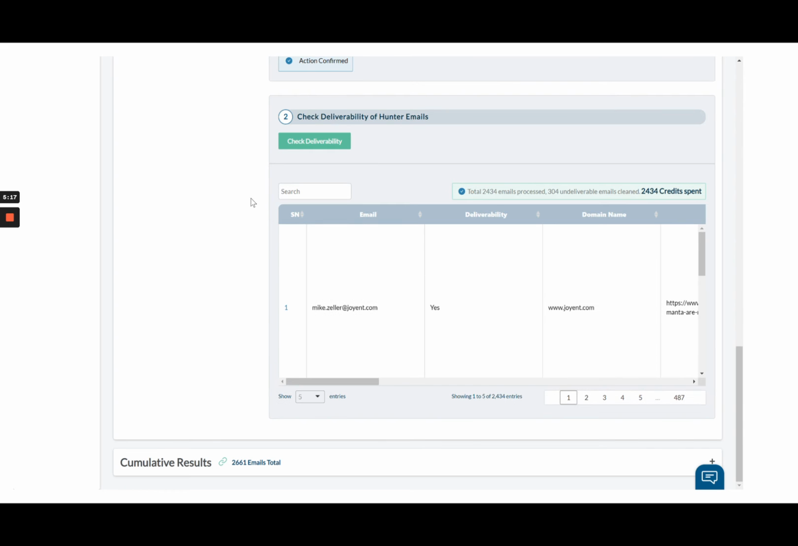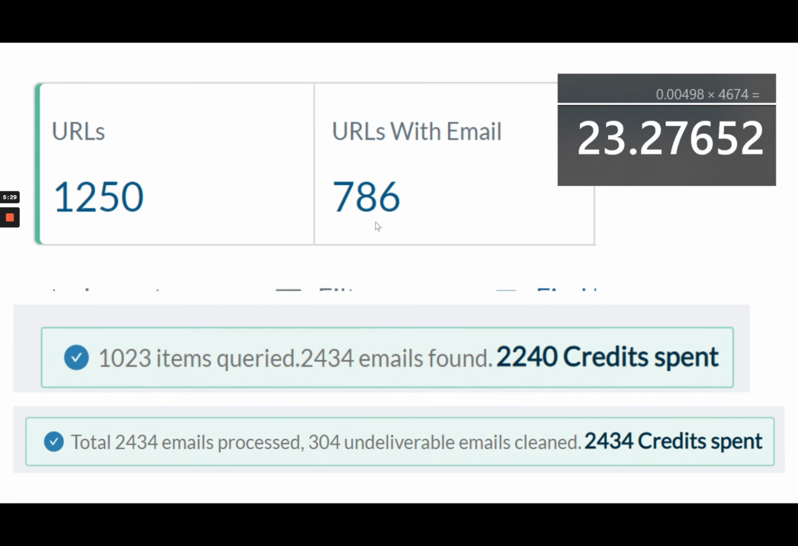I like to do the next step, which is check deliverability. And we found that of these 2,400 emails, about 300 of them were undeliverable. So this is how many credits were spent. If we add that up, now we have